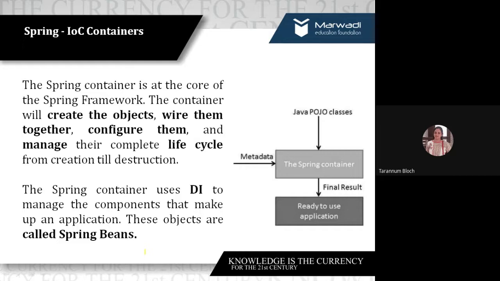And it accepts the metadata. Metadata is data about data. Usually it is represented through the XML files, right? So it will tell you how the behavior of that particular POJO will be, or how one object is wired together with the other object. And together it will be given to the Spring container, and ultimately Spring will map all this together along with the lifecycle methods, object creation and destruction, and finally we will have an application which is ready to use. Fine.